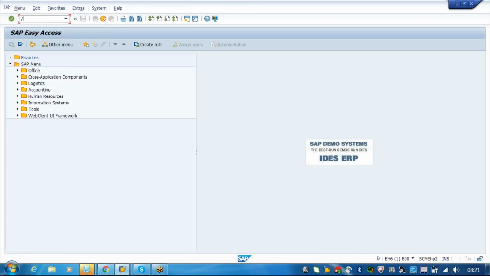And you know BD64 also, right? The BLE distribution model.